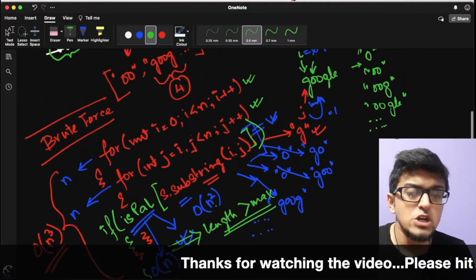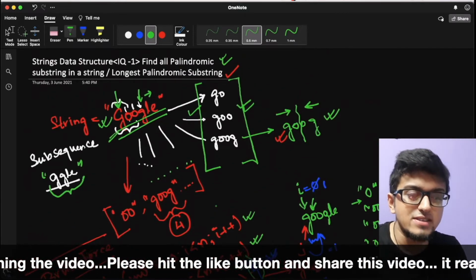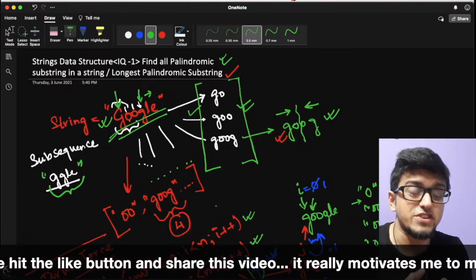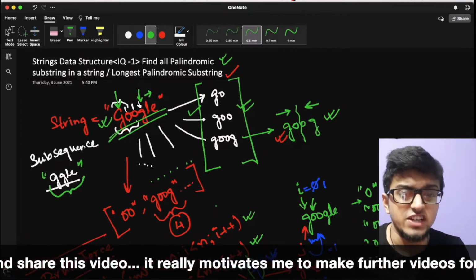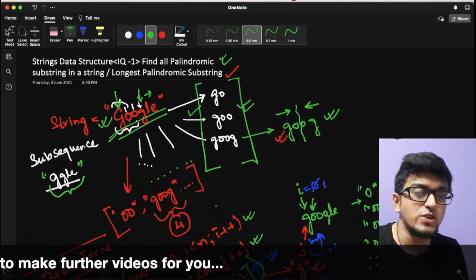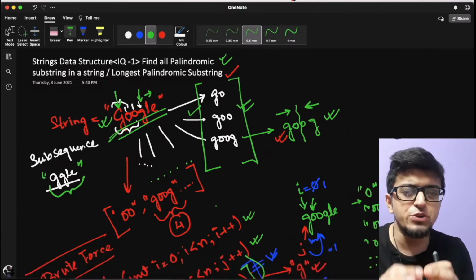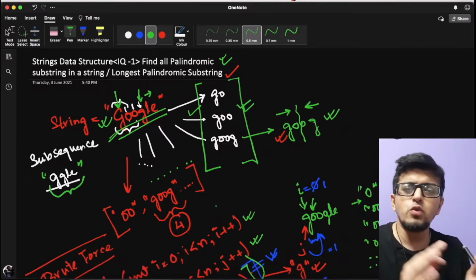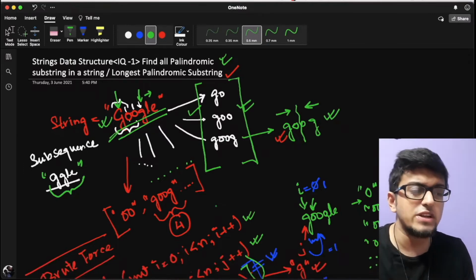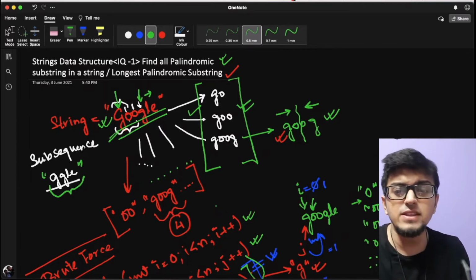palindromic substring. So I hope right now you got the idea why I am telling you that all these problems on palindromic substrings are interrelated with each other. And if you know the solution of only one program, you can actually solve all the problems related to palindromic substrings during your interview process. So without wasting much time, let's start with understanding how we will be solving this problem using the optimized